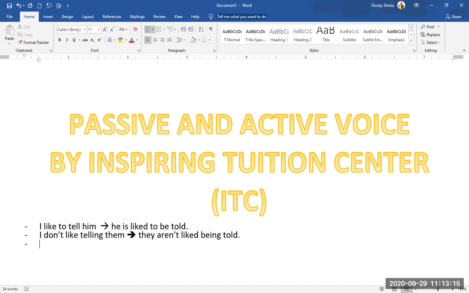What is gerund? Gerund is the verb that is plus ing, then becomes a noun. The function is to become a noun that has the function of subject, object, or complement. And here, the gerund change is followed by the word like. So like can be followed by gerund or with to infinitive. This is the